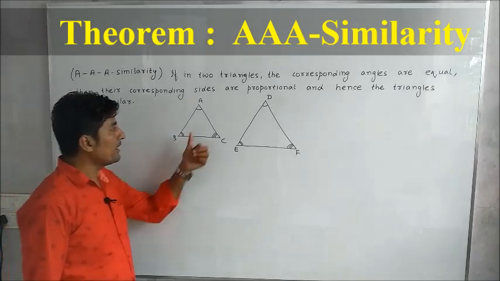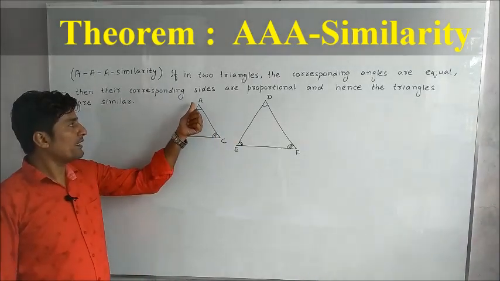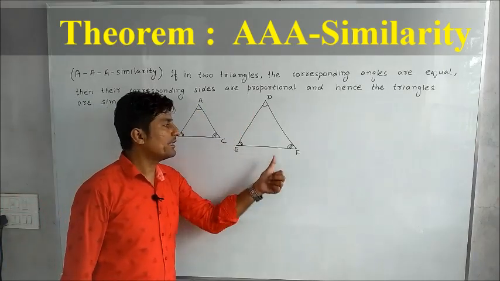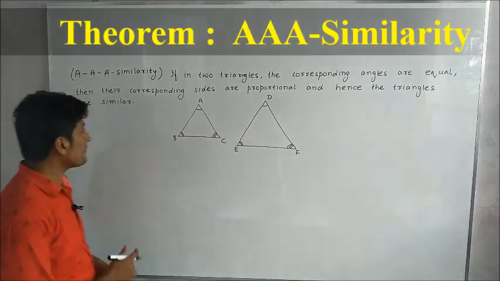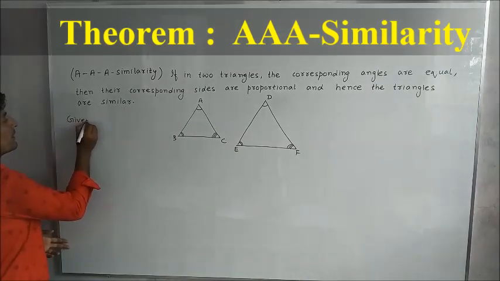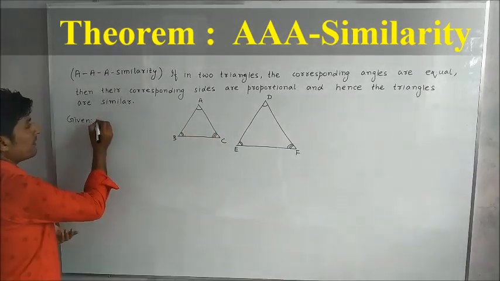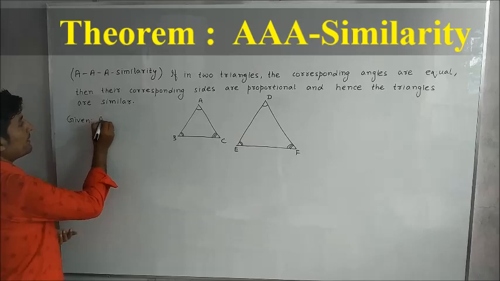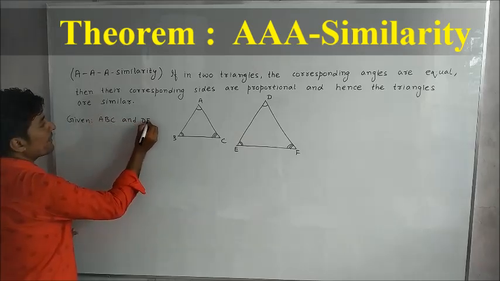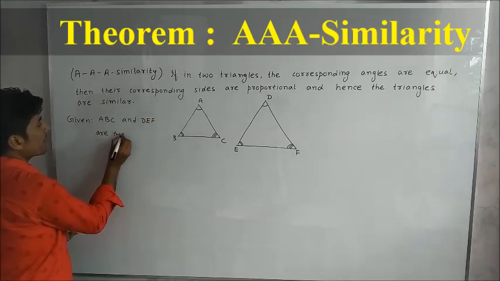Hence, we have to prove that both the triangles are similar, that is, we have to prove that triangle ABC is similar to triangle DEF. First of all, we have to write the given. In the figure, two triangles are given, so we can write here ABC and DEF are two triangles